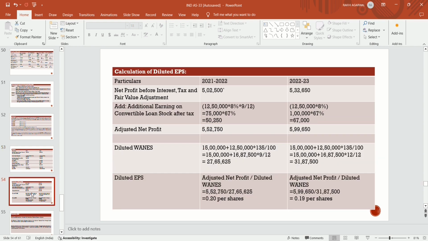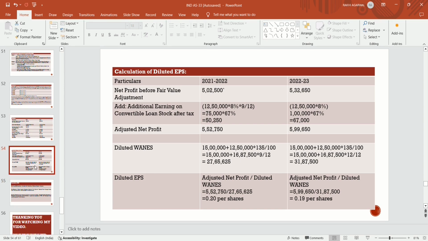Now we will calculate the diluted EPS. Particulars: net profit before fair value adjustment. For the year 21-22 it is 5 lakh 2,500, and for 22-23 it is 5 lakh 32,650. Add additional earning on convertible loan stock after tax. Here 12,50,000 is the loan stock, with 8% interest for a period of 9 months. So 9 divided by 12, and after tax, since 33% is the tax rate, it becomes 67%. So additional earning is 50,250. So adjusted net profit becomes 5,02,500 plus 50,250,